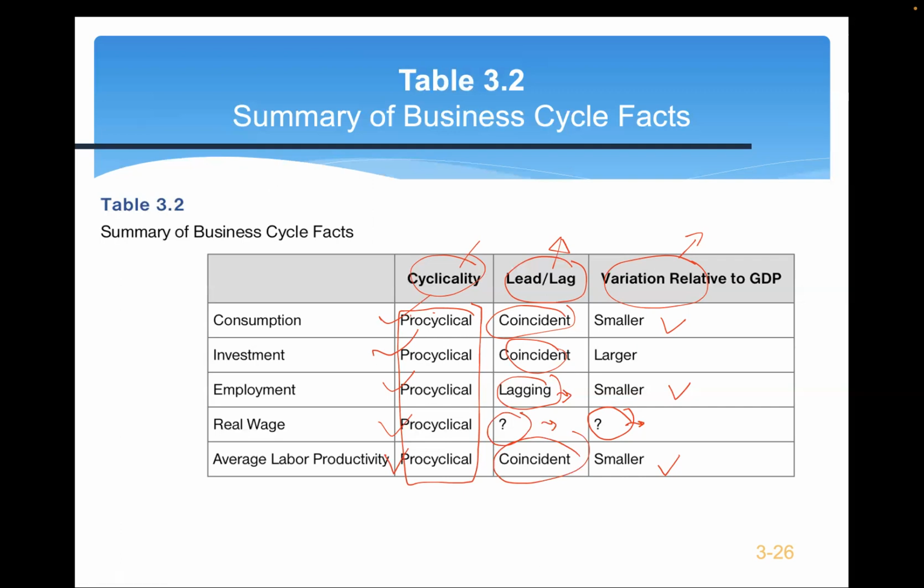So to summarize, we have examined the data to see the patterns, to see the correlation. And then finally, we looked at the seasonal adjustment. All these patterns are going to be very important to provide guidance for us to build a theory to understand the fluctuation of our macroeconomy, which is going to pick up toward the end of this